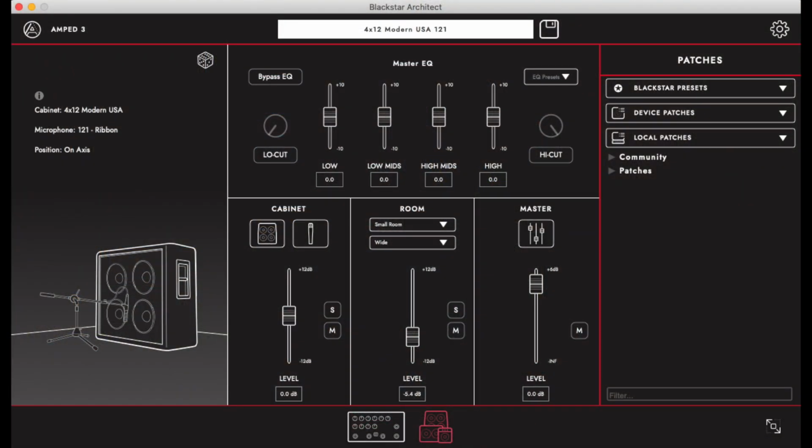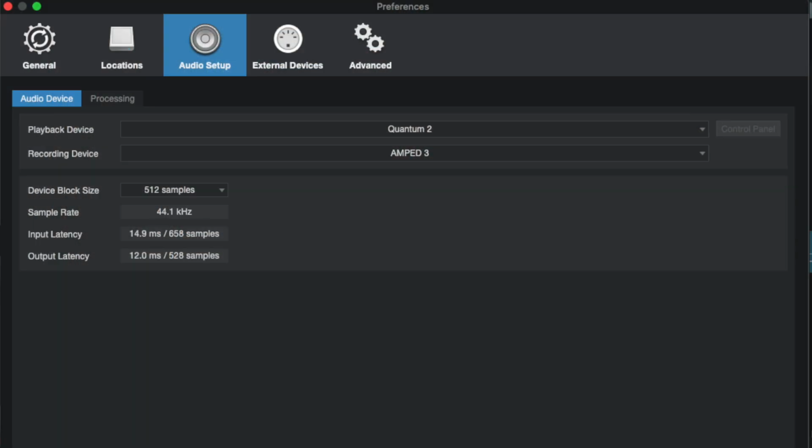Once you have your Amped 3 connected to your computer and you've got the software downloaded, of course you can go in and tweak all your tones and save patches and all that good stuff. At this point you want to go into your DAW. Remember, we're using the Amped 3 as an interface, so you'll want to find out where those settings are in your specific DAW. In my case, I'm using PreSonus Studio One, so we'll go to Preferences here, then we'll go